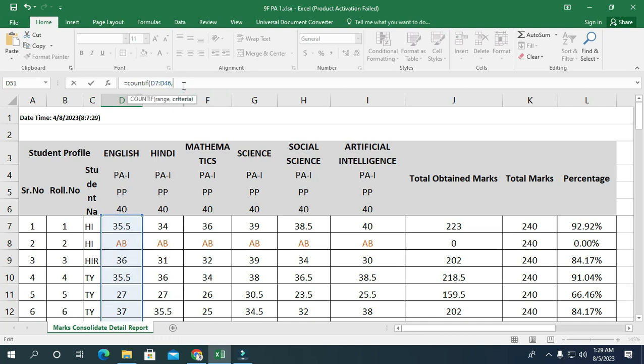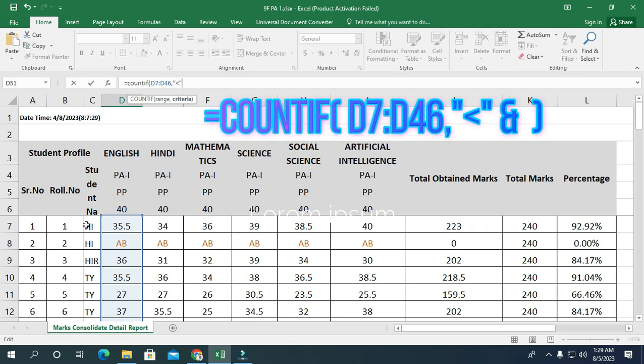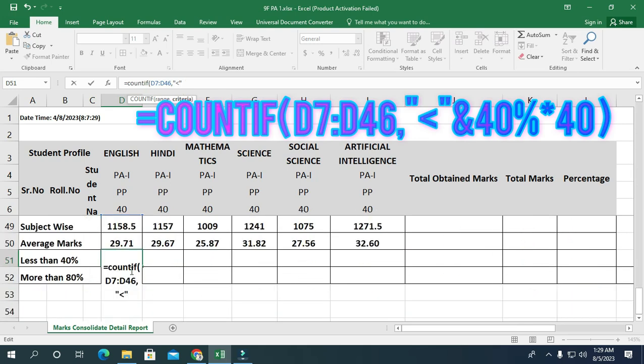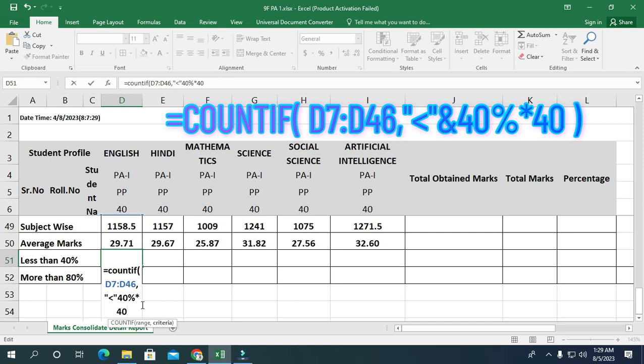So you will select the range and then you will put comma. Then the condition, we have to apply the condition. Condition should be inside double quotes. So the condition within double quotes you will write less than, and you close the double quotes. So you are getting something like here you can see, and the condition is it should be less than 40% of 40 marks, or 40% of the maximum marks. So I am writing 40% multiplied by 40, because the cell's value should be less than 40% of total marks, then only it should be included in